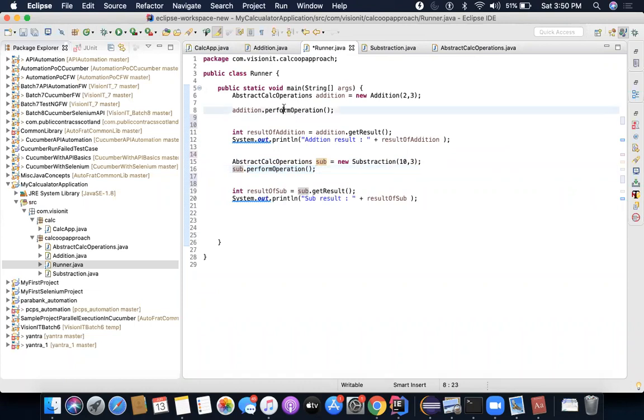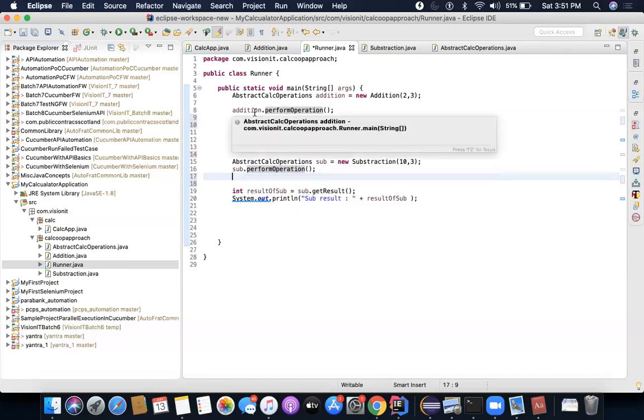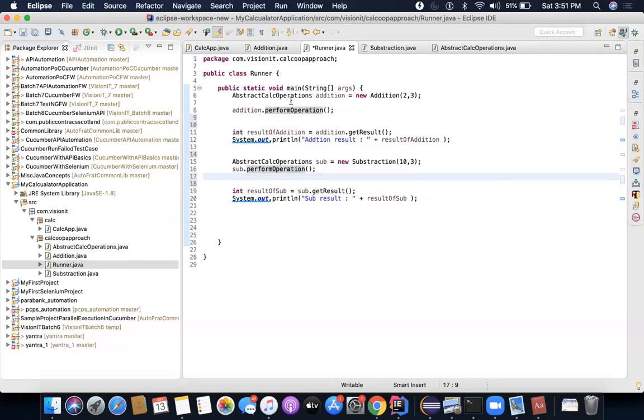Both are the same operations, same methods, but when we are actually using them, they give different results based on where I am calling it. If I'm calling it on addition, and the addition object also has the same parent, even then it will give me different results.